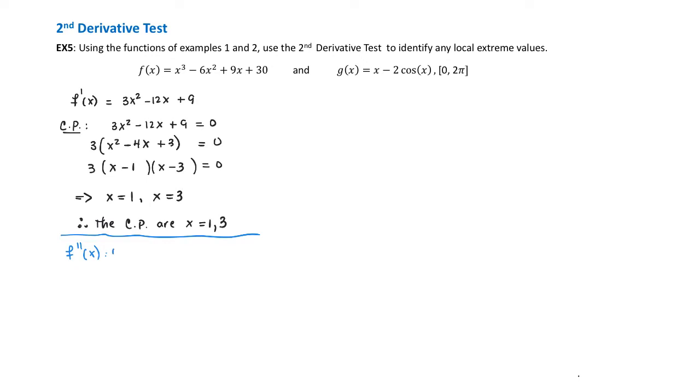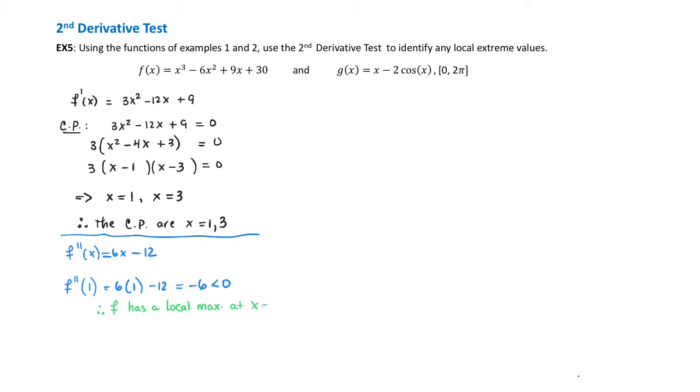That is going to be 6x minus 12. And then we will start evaluating the second derivative at 1. In other words, that's going to be 6 times 1 minus 12. That's going to give me negative 6. And negative 6 is less than 0. What is that telling me? That is telling me that my function f has a local maximum